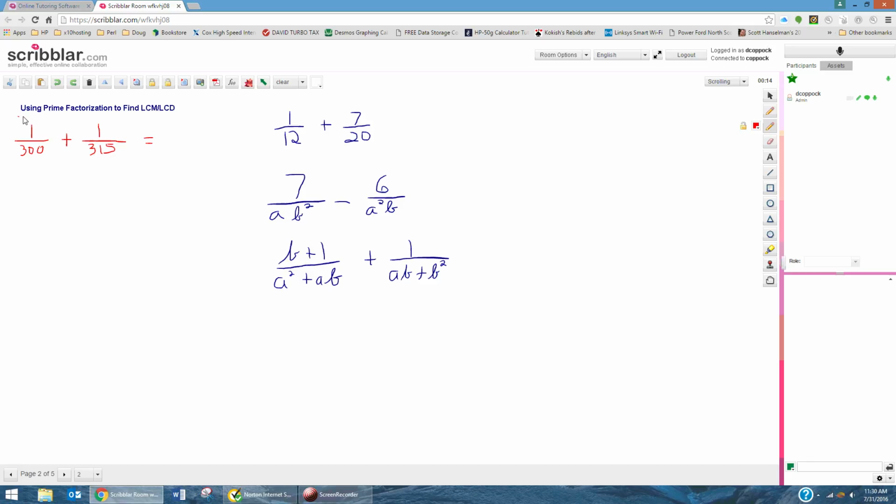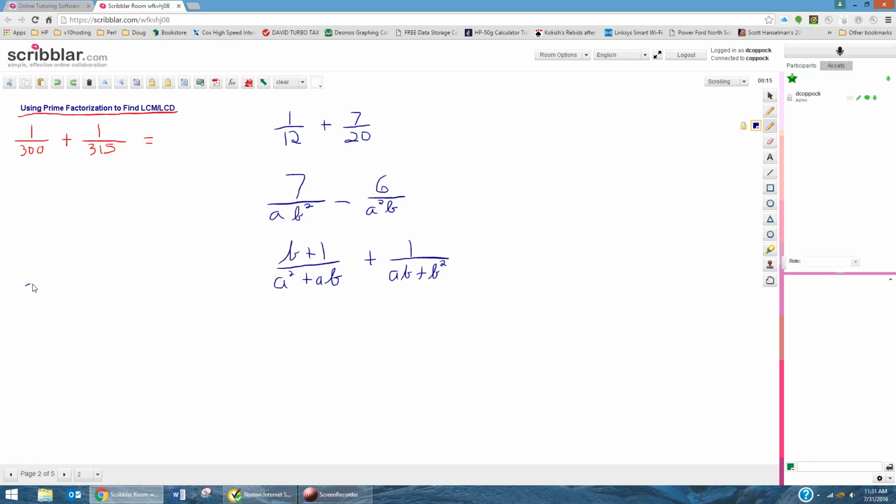We're going to use prime factorization to find the LCM, or least common denominator. I'm starting with this kind of intimidating problem over here to discuss what we mean by prime factorization and the LCM of these two numbers, 300 and 315, as being the union of their prime factors. Now, how do we find the prime factors of 300? Well,